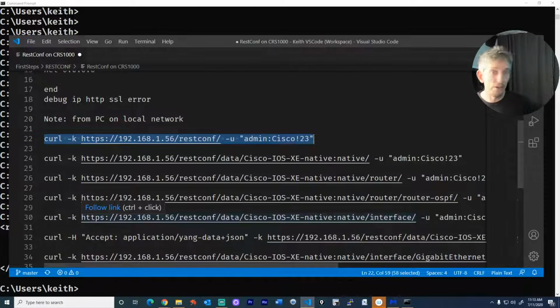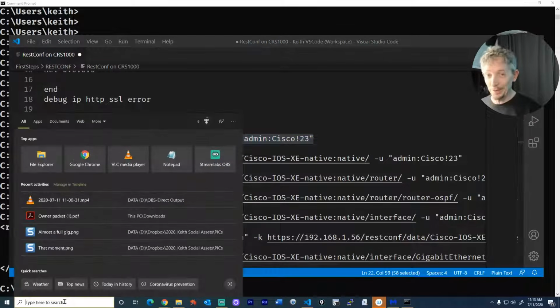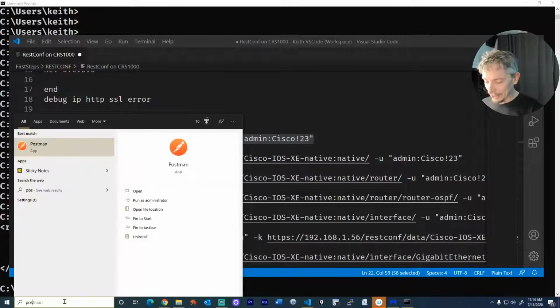Like, I want to see all the interfaces. I want to see all the interfaces based on the IETF format. I want to create a new interface. And so all these are options that we could use at the CLI. However, painful. Take it from me, painful. What would be easier, I think, is to use a tool like a graphical user interface tool that could allow us to put these URLs in, something a little better than a browser because we have to authenticate as well, but something way better than the CLI. And that something way better is called Postman,